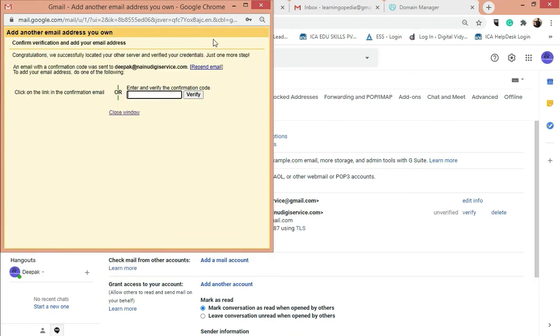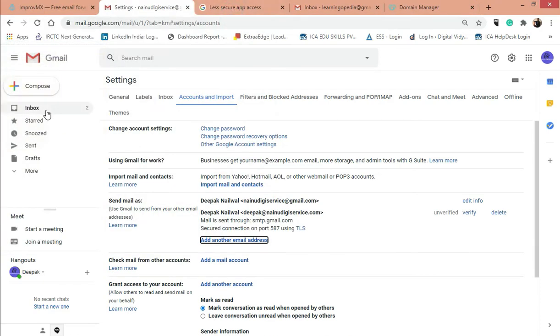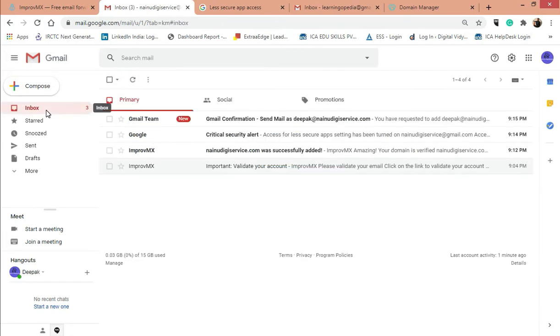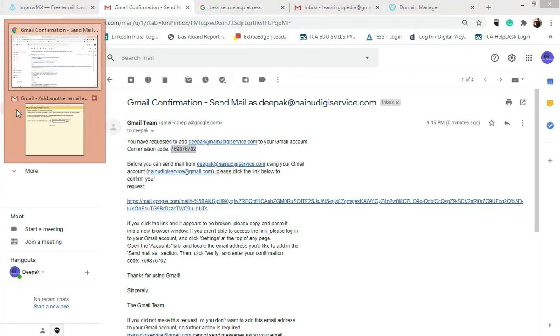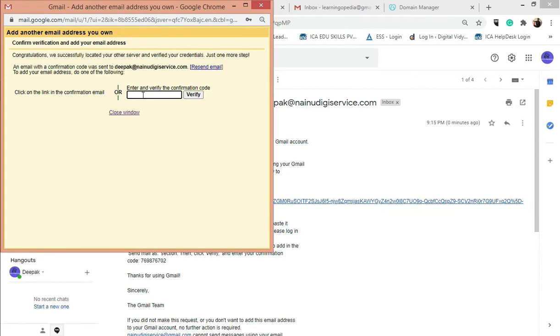Now it will send you a confirmation code. Go to your inbox. Here's the mail. We will open this mail and copy this code. Now we will paste it here and verify.